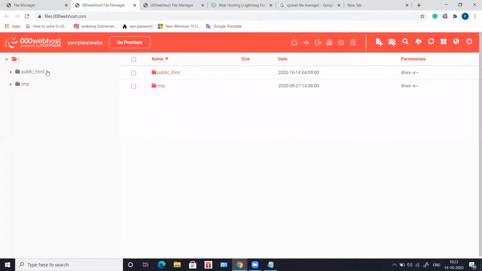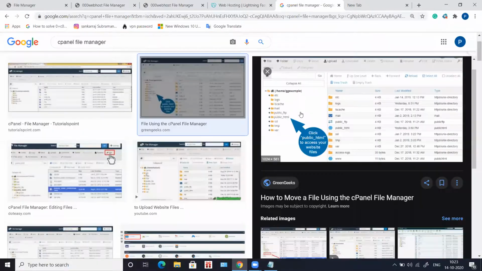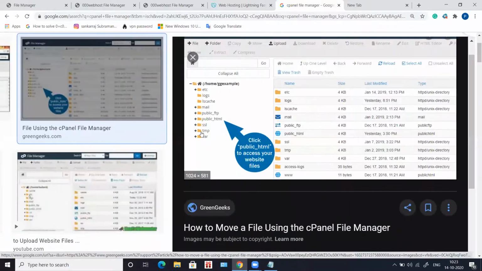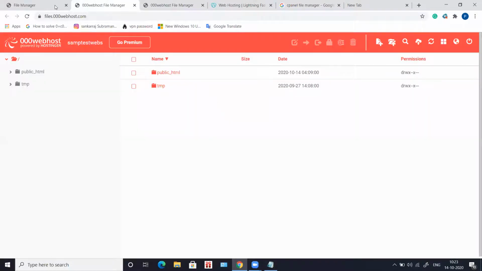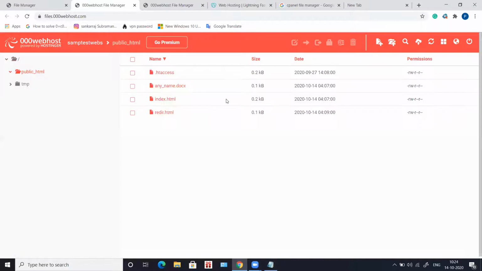So you're now here on the file manager page, and on the left hand side, you find this folder called public_html, just what I was showing you in the actual cPanel. The actual cPanel also has the same folder, 000 web host also has the same folder. This is where you're going to host all your files. Inside my public_html, I already have a few files.